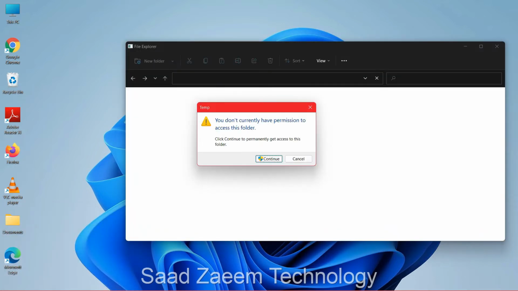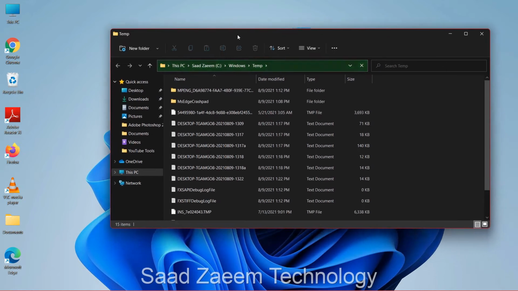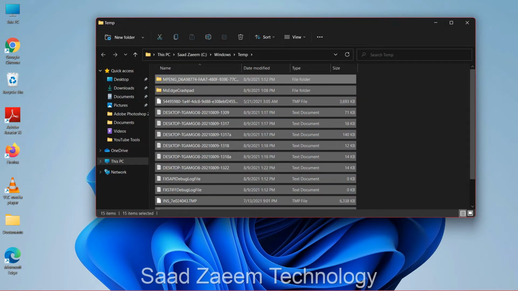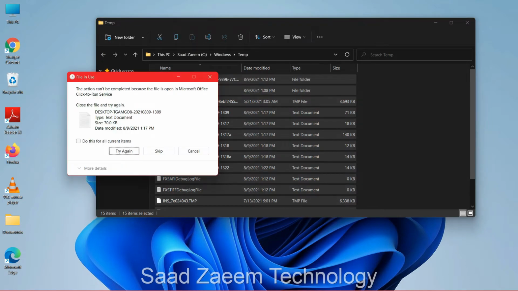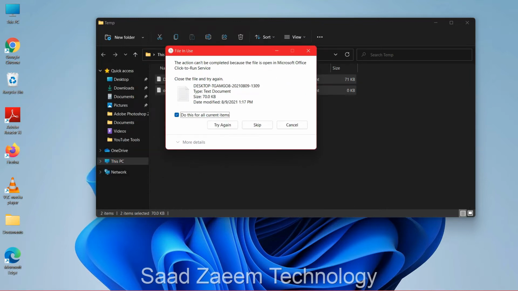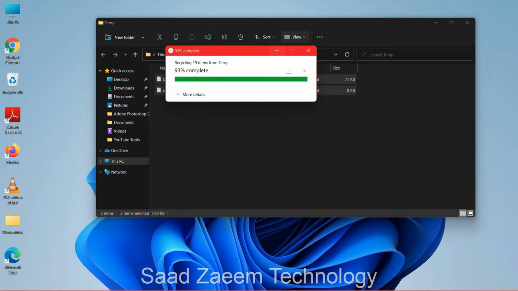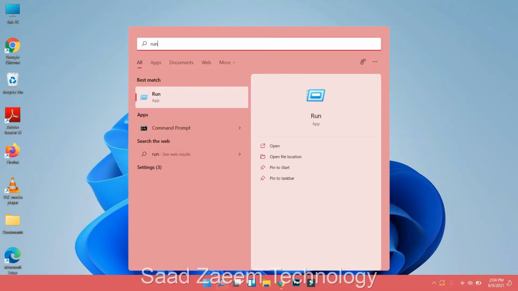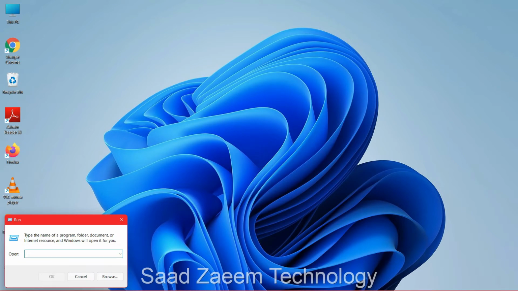Now you'll have to click on continue and select all the files. To select all the files, you can press Ctrl A and then Ctrl D to delete them. And for this you can do the same for all the current items and then click on skip. And now you'll have to again open run and type in, sorry, not hashtag,